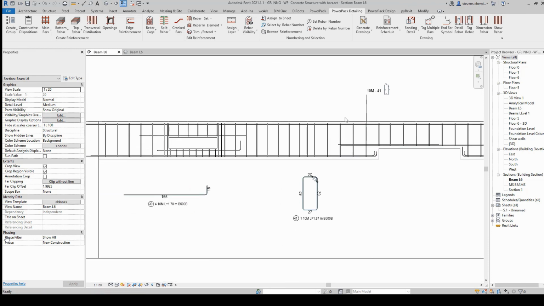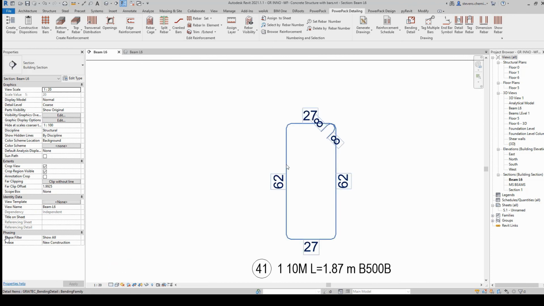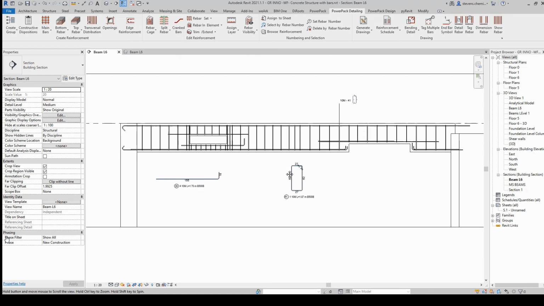So it depends on your graphical chart for drawings, but it could also be very useful. Also as an option, those bending details can change in terms of graphical representation depending on the level of detail of the view as well.